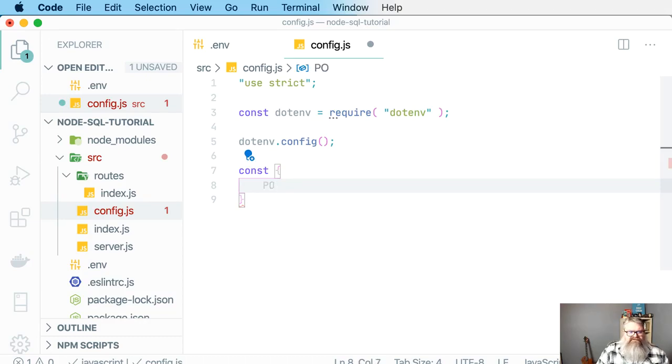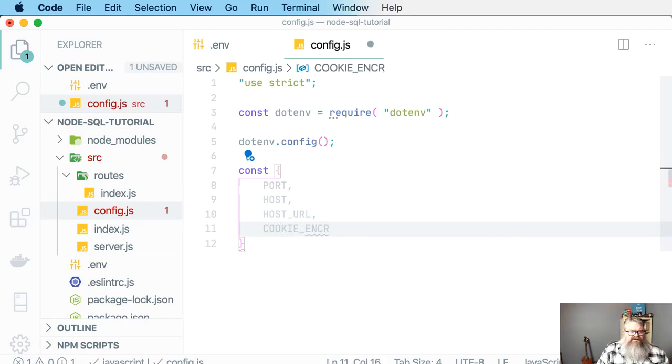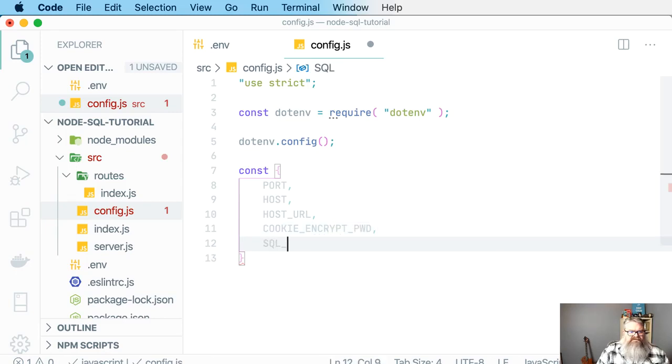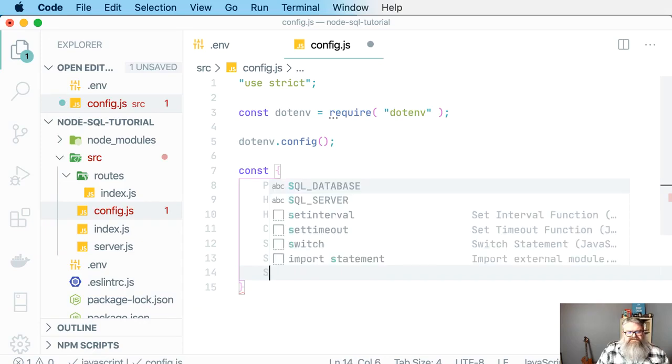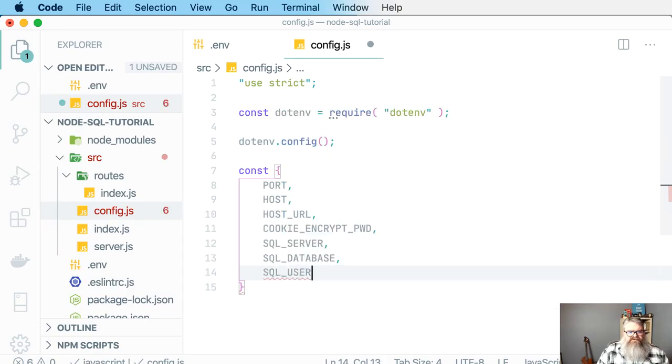So instead of dealing with all these uppercase values, we're going to pull off port, host URL, the cookie, encrypt, password, SQL Server, SQL database, SQL user,